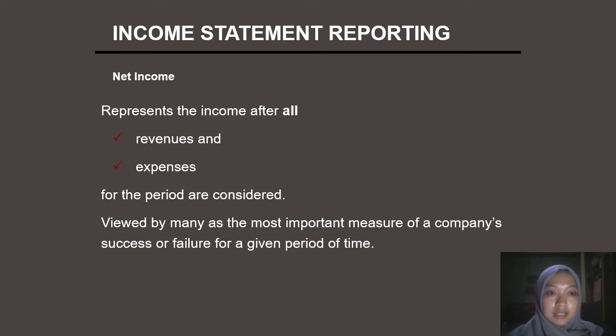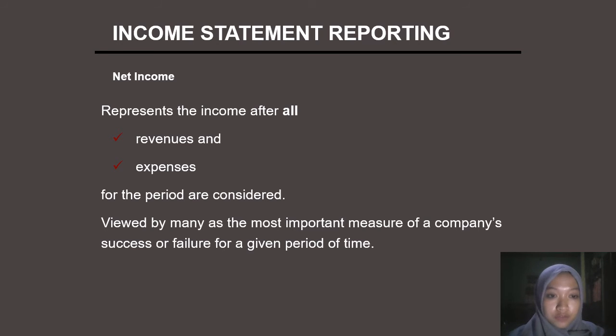It is a useful number for investors to assess how much revenue exceeds the expenses of an organization. This number appears on a company's income statement and is also an indicator of a company's profitability. It represents the income after all